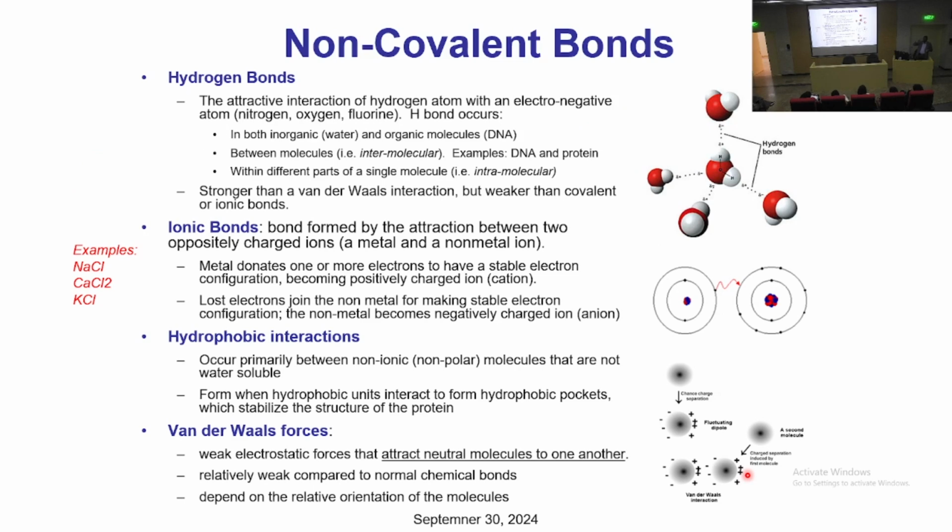So the non-covalent is either a hydrogen bond, where we have hydrogen with other atoms, which should be electronegative, because the hydrogen has a positive charge. So any bond between hydrogen and another electronegative atom, we call a hydrogen bond. The other one is the ionic bond. The popular example is sodium chloride, where one atom, in this case sodium, gives away an electron and becomes positive, and the other atom, in this example chloride, accepts this and becomes negative,